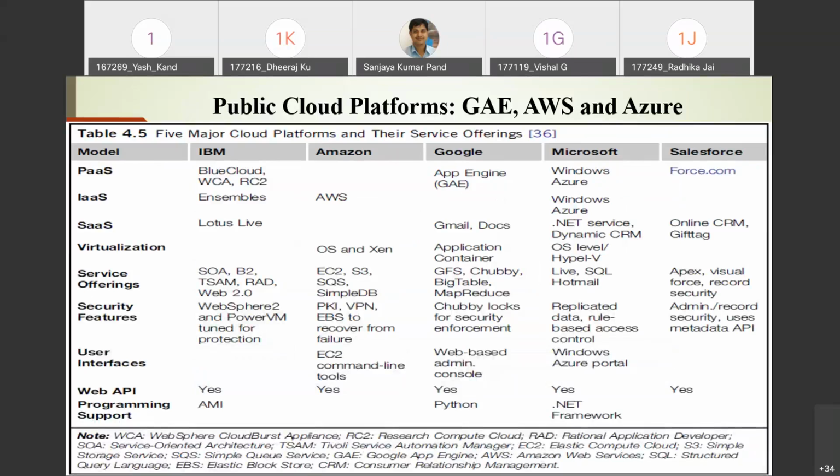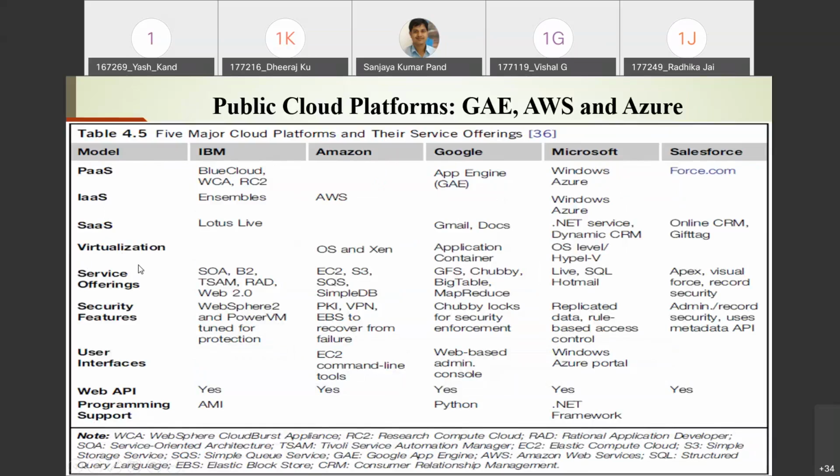So this is a clear-cut example in which 5 providers are there. Apart from Amazon, Google, and Microsoft, IBM is also there, and Salesforce.com is there. You can compare these 5 cloud service providers in terms of platform, infrastructure, software as a service, the 3 popular services.